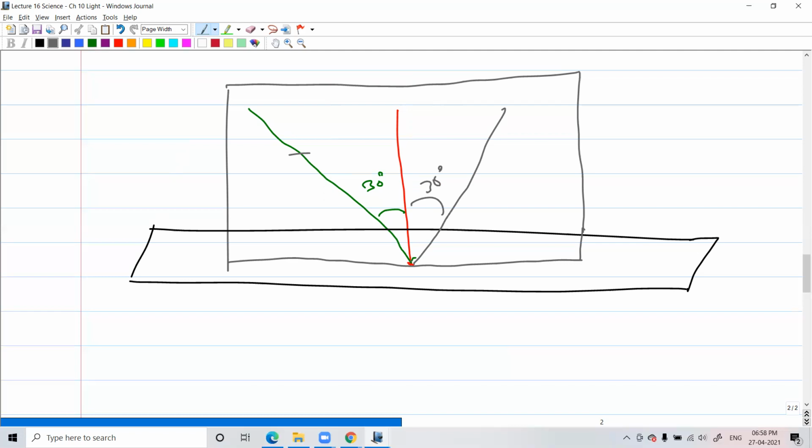They cannot be in different planes. Think of it like a cricket ball. If light was a cricket ball, it will always go straight. It will not swing left or right. It will be in the same plane. In the same plane you throw the ball, it will go in the same straight line. Of course, with the same 30-degree angle, or the same incident angle and reflected angle, I and R. Okay.